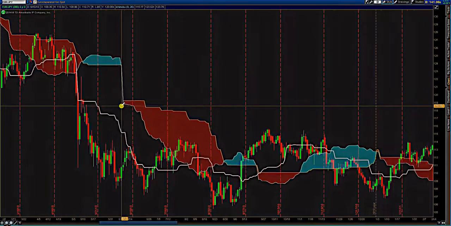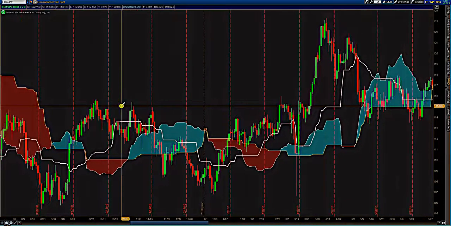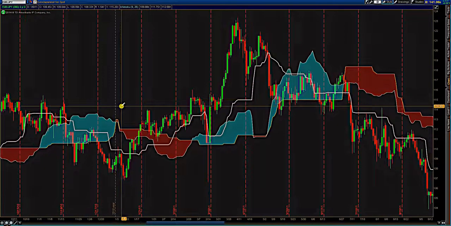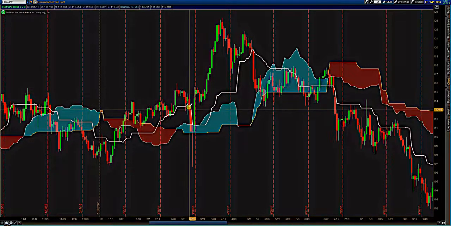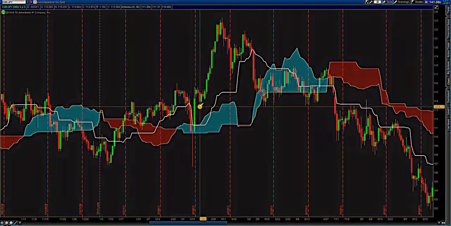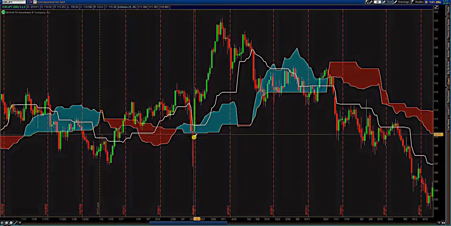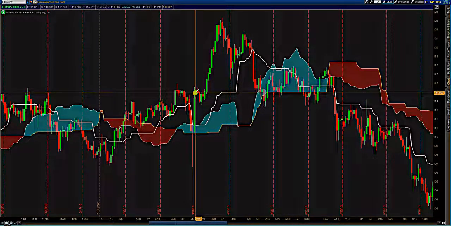All right. Let's find another example where the Kijun really made sense. And look here, price broke below the Kijun. However, we are above the daily Kumo, so our sentiment is bullish. So what we look for is a price break back above it, and we got that, a price break above the Kumo and the Kijun. So if we would have took a long at this price right here at 114.80,